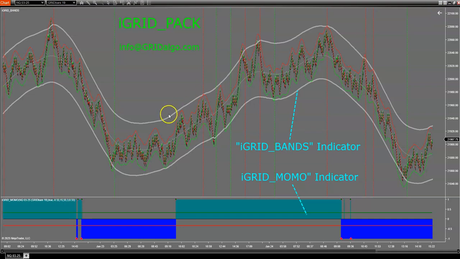Are the main bands pointed up? Okay, I need to be playing the long side. Are the main bands upper and lower pointed down? Okay, I need to be trading the short side. And then I can finely tune the bands from there to give me more signals or less signals, because the